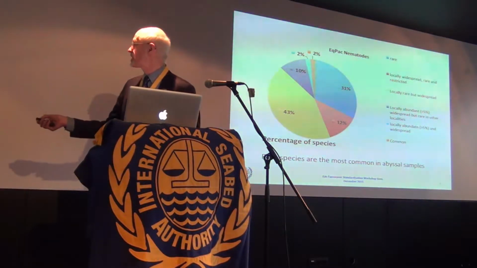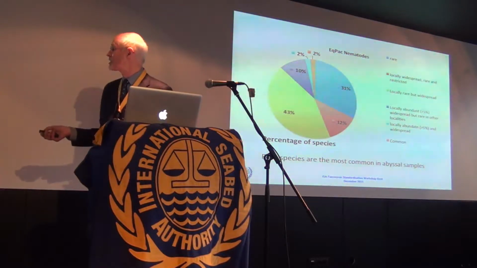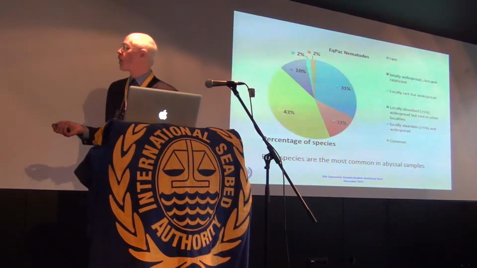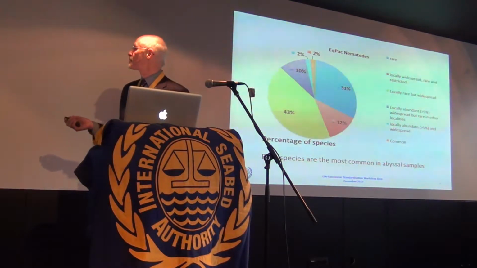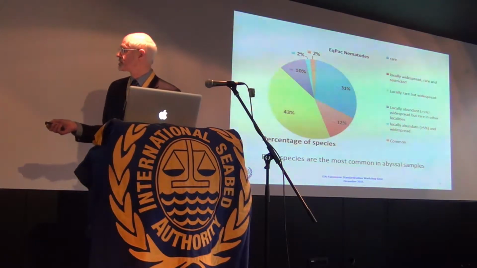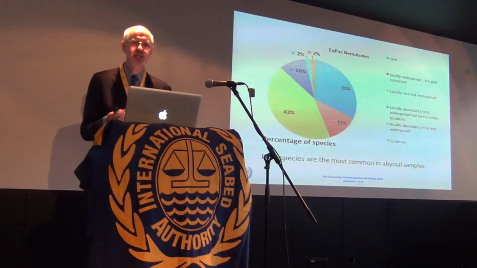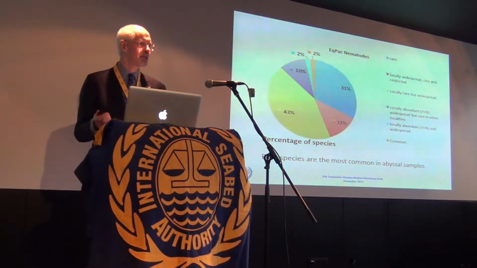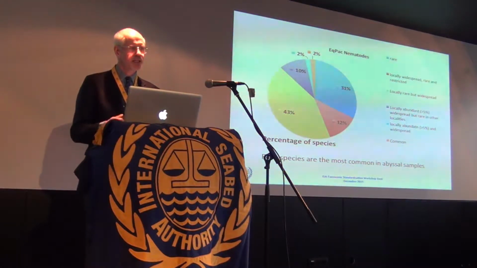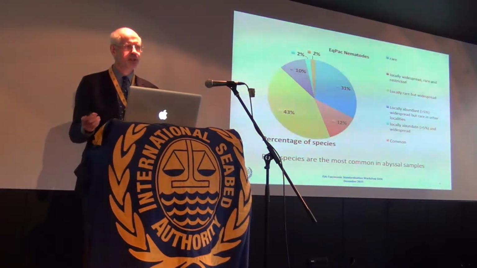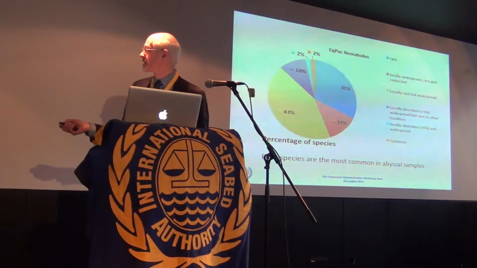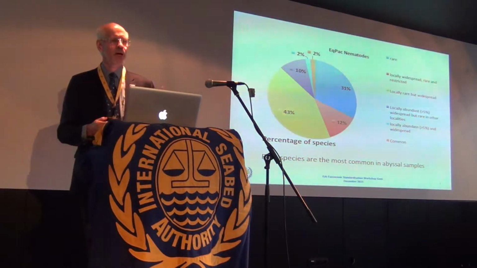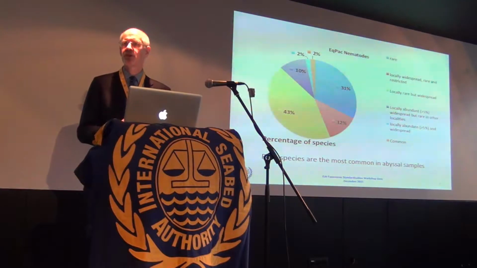The categories we have are things like common species. Those are species that are found in all of the samples in fairly large numbers. We have species that are locally rare, but perhaps widespread, so that's the green ones. What that means is these are species that you might find one or two of in the samples you've got, but actually they're found quite commonly right across the area that you're looking at. And then we have this blue group, which are species that are only ever found in one sample or only ever found with one or two individuals.